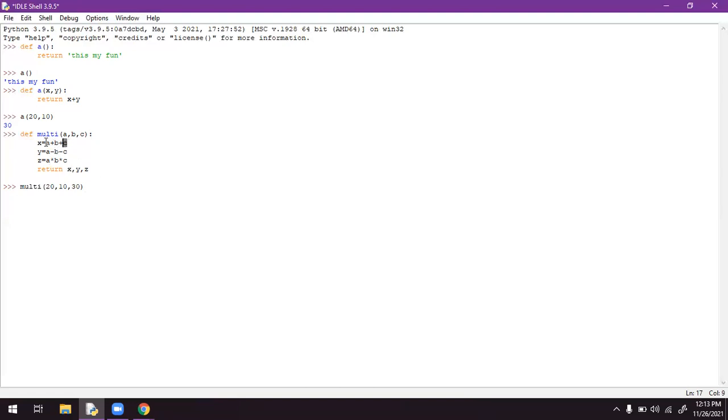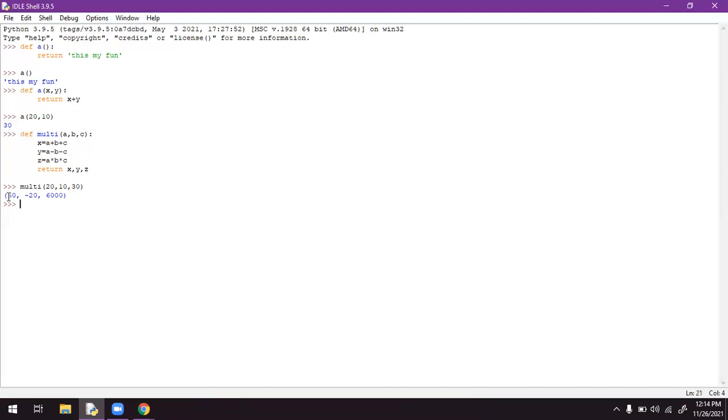I will get a plus b plus c as the first output, a minus b minus c as the second output, and the product as the third output.